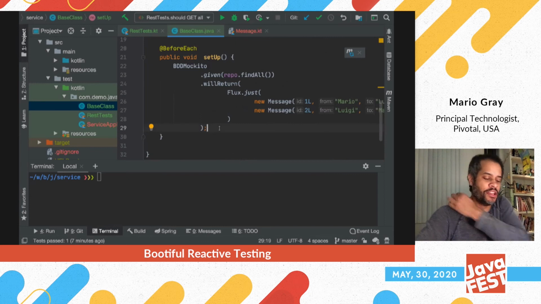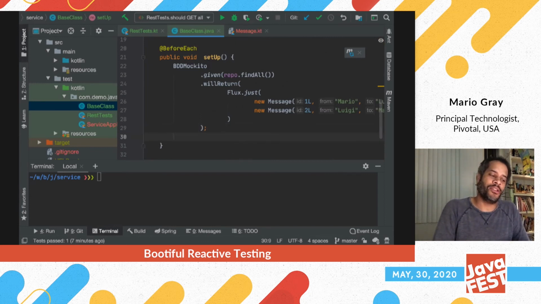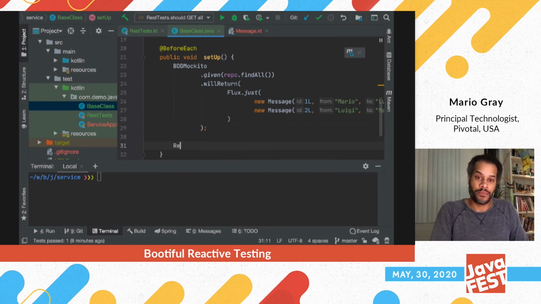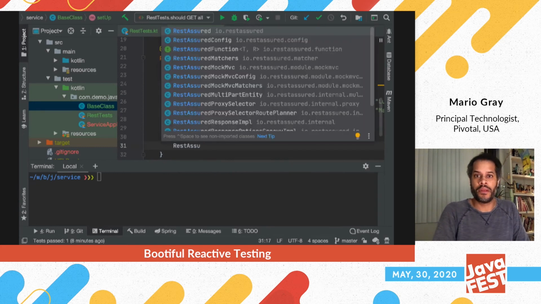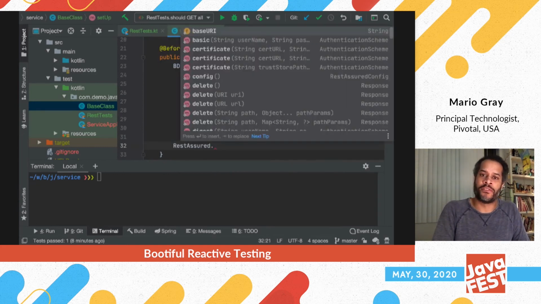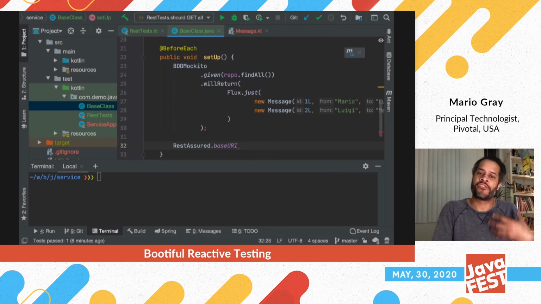But what's going to happen here is Spring Verifier uses Rest Assured. So it uses Rest Assured for actually running the tests. It runs the test in Rest Assured. And what we need to do is we need to tell it